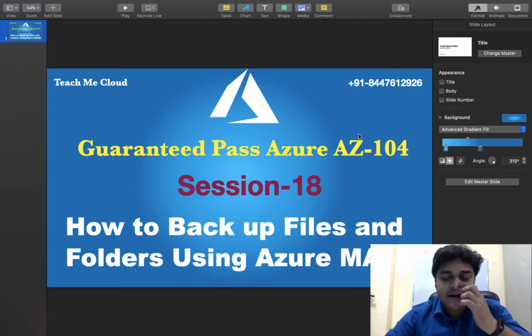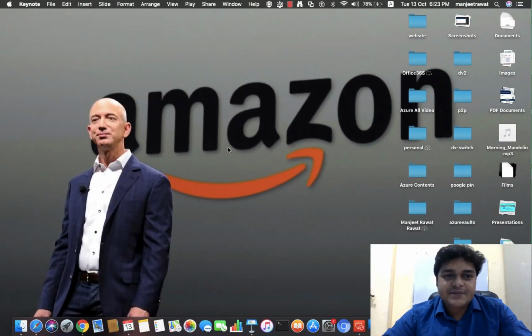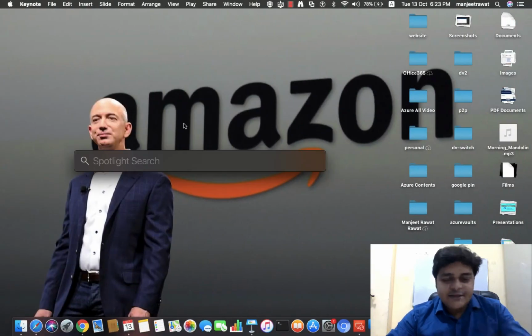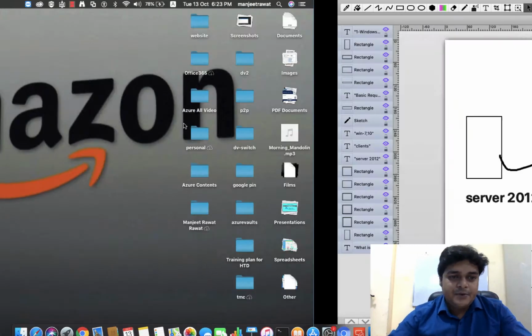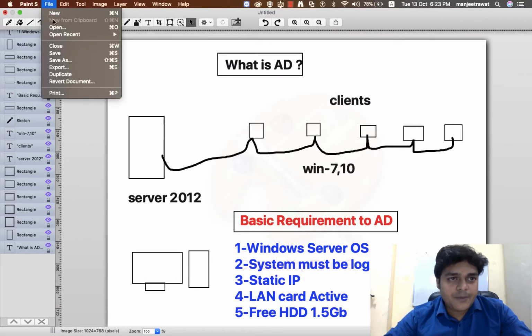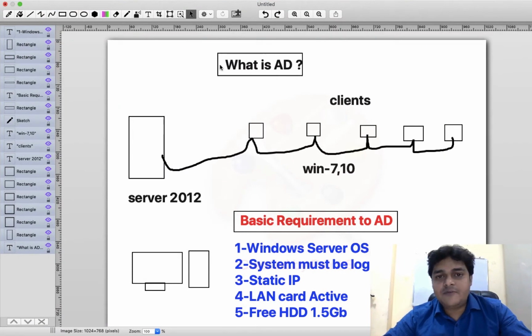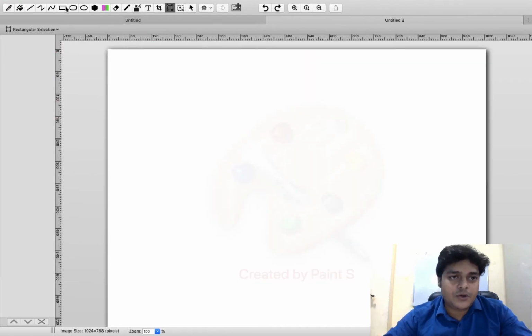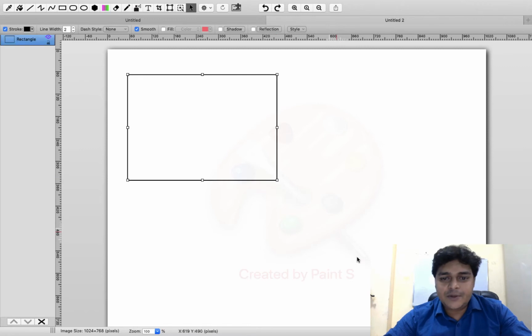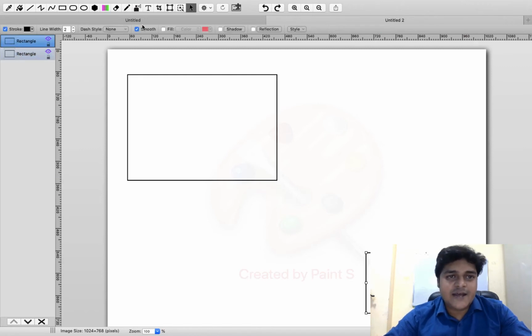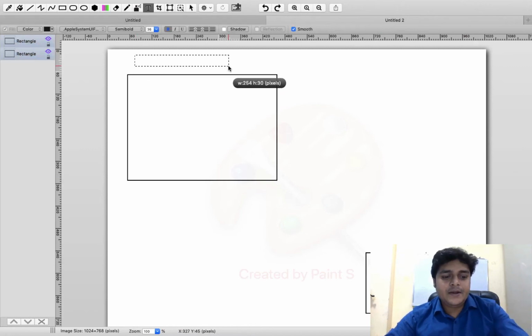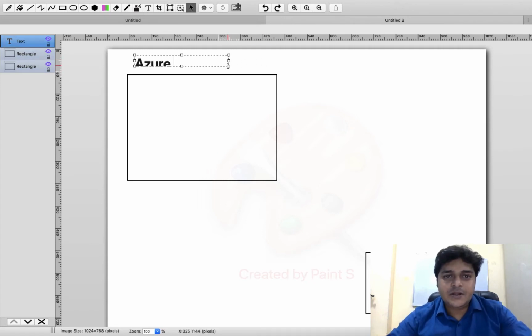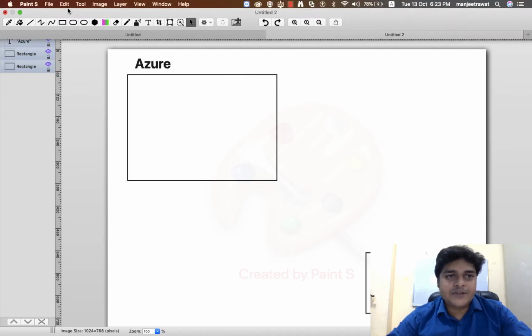So let's start and try to understand the concept of MARS. Basically, it's the Microsoft Azure Recovery Service Agent. Our agenda is to take the backup of our on-premises file and folder, those files and folders available on your Windows operating system installed on-premises. This is our Azure portal, the Microsoft Azure portal, and this is your on-premises organization.